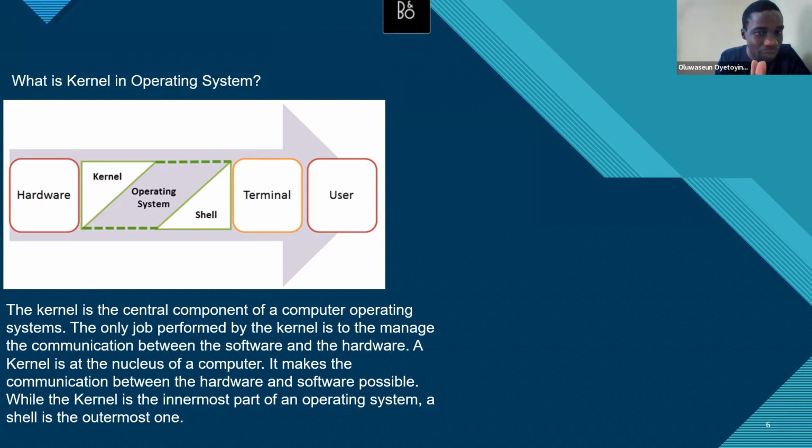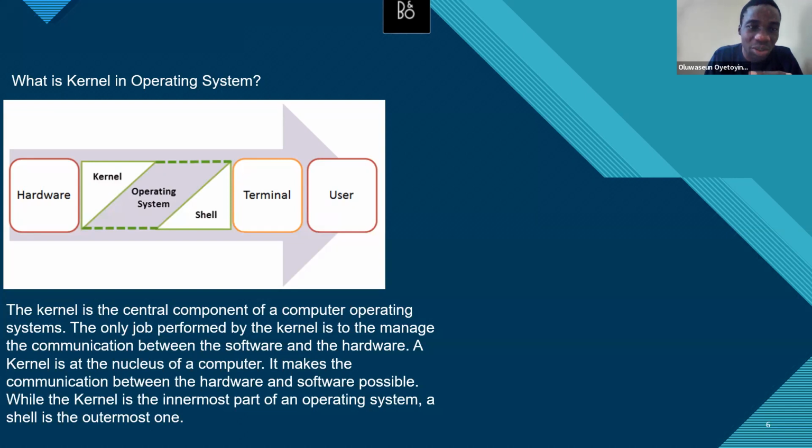On my diagram, you can see. As a user, you bring up your terminal. If you are a little bit familiar with the Linux operating system, you understand this better. When you enter into your terminal, you need to come up with a shell. Are you looking at the bash shell or K shell? You understand that. And so that shell is giving queries, is giving commands to the operating system. And for the operating system to be able to respond and give you back a response that you as a user will see on the terminal,